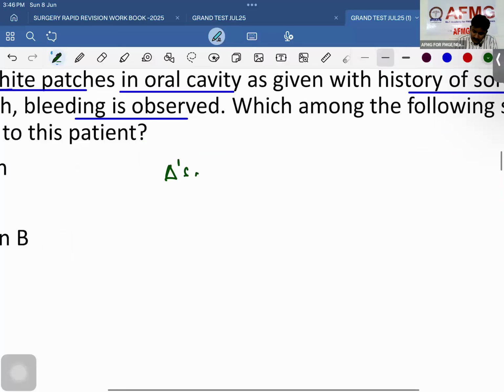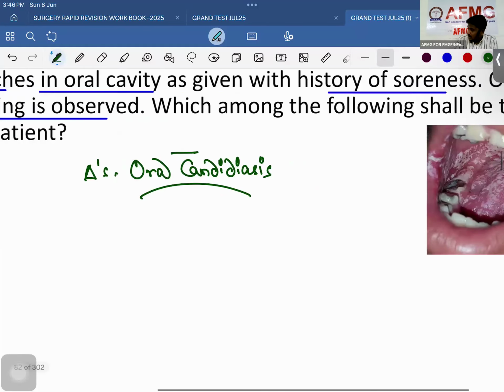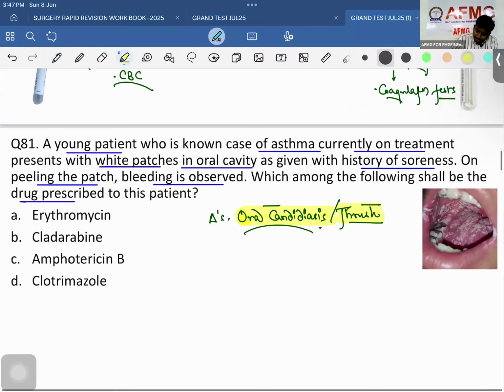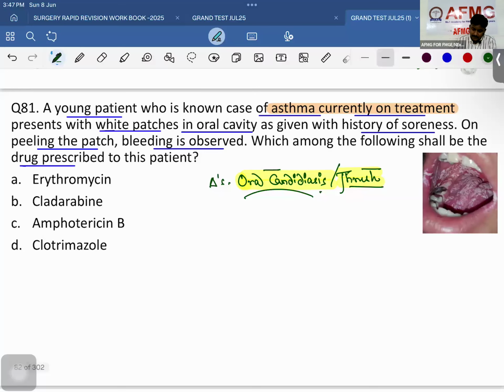What is the diagnosis? So the diagnosis of this case is nothing else but oral candidiasis, also known as oral thrush, beta. And we know oral candidiasis or oral thrush is definitely a fungal infection caused by Candida albicans, beta, and that is seen in this patient. Why? What is the reason? Patient is a known case of asthma and currently taking treatment. What is the drug of choice for asthma? It is going to be inhaled